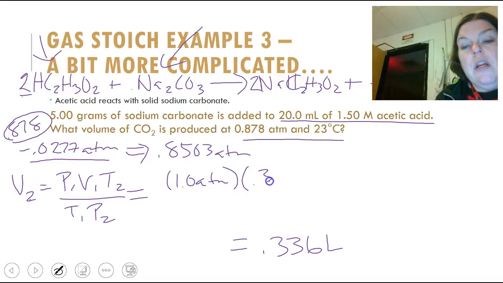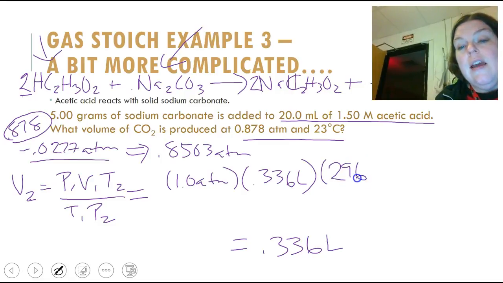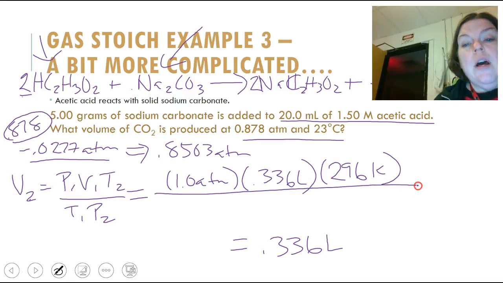V1 is 0.336 liters. T2 is the new condition. T2 is 23 degrees Celsius, so that's 296 Kelvin. T1 is the condition we were at, that's STP, so that's 273 Kelvin. Times P2. P2 is right here. We just calculated that,